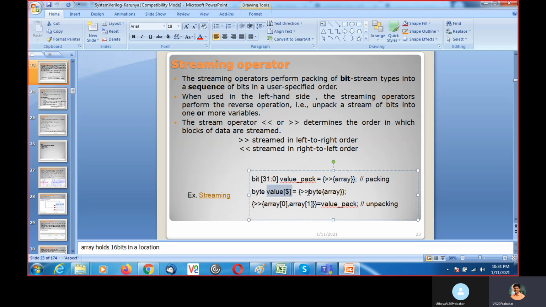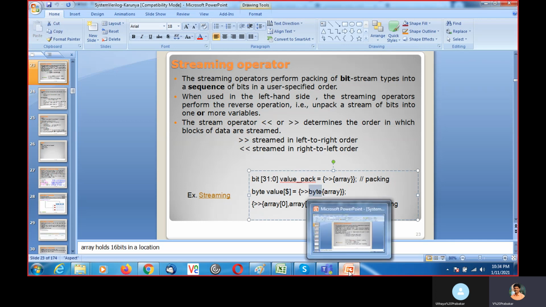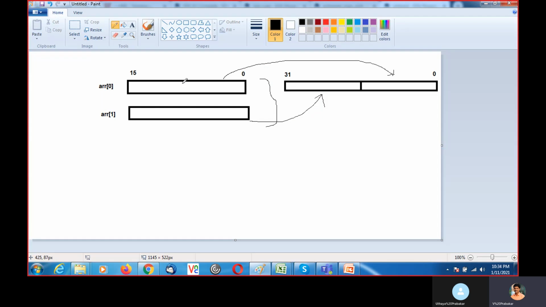Here we are mentioning how much it should take from the array. With the streaming operator, we take a byte from the array and pass it to the queue. It means 8 bits we take from this array and put in the queue.